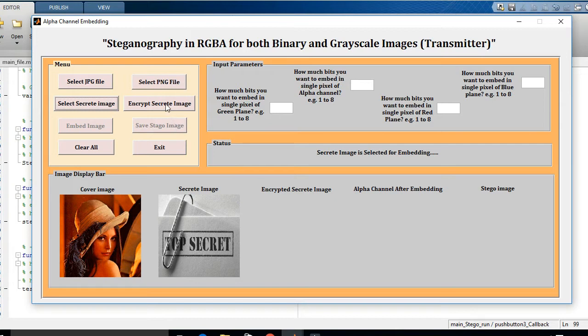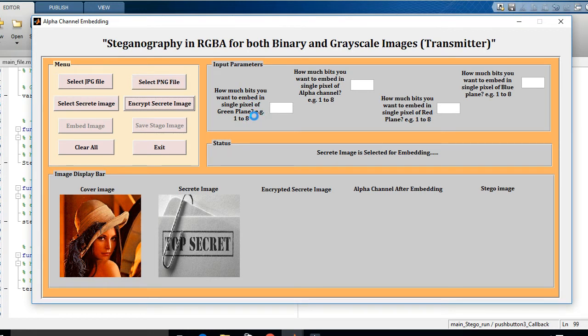Now just click on encrypt secret image. This process will encrypt this secret image with the help of AES encryption algorithm, and that output will display over this axis. It will take a few seconds to create this encrypted secret image, and simultaneously we have various input parameters, like how many bits you want to embed in a single pixel of a green plane.